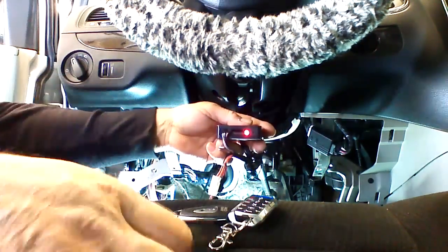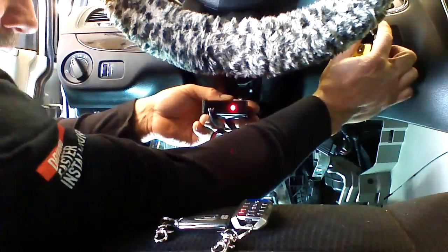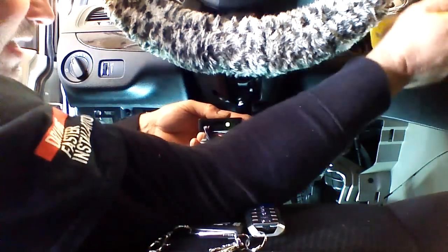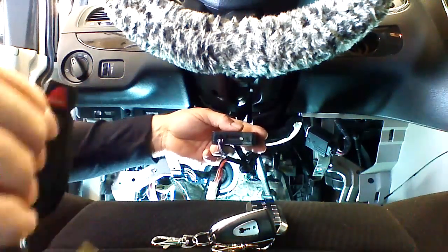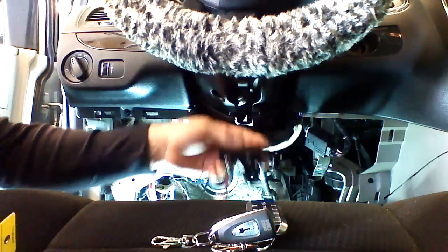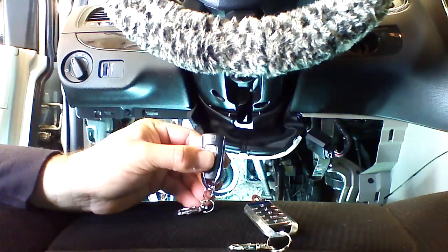It's ready for programming. I'm going to put the key in the ignition and turn the ignition to the on position. The green light is going to flash. At this point, we're going to shut the key off. We're going to take it out, and we're going to press the unlock button on the factory remote. This is going to complete the programming of the iData Link ALCA. From this point on, we can remote start the vehicle with our single button remote